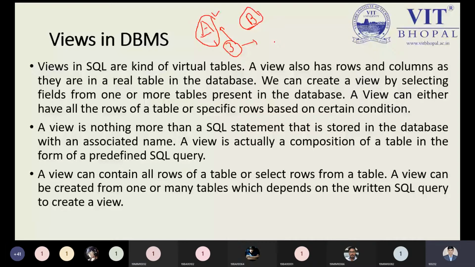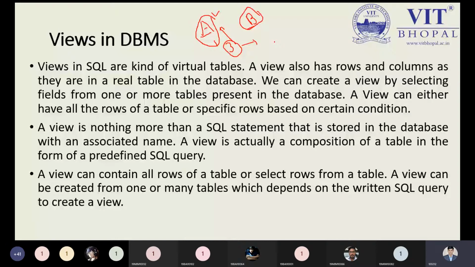Reference here does not mean the primary key. Reference means everything will be taken from the actual table. So you can have either all the rows of the table or specific rows based on a certain condition. Through the syntax and the command I will tell you, and we will have a practical session where you will see the entire detail properly.